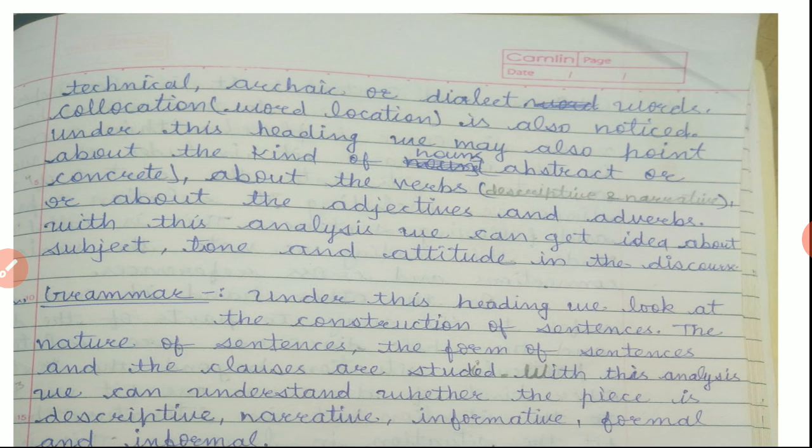What may be the topic, what may the given passage be about, what is the subject of the passage, and how the writer has presented it, expressed himself, what is the attitude of the writer. We are to reach these conclusions after doing this analysis. That is our first analysis. We are to get information from the text, from the diction used in the text by the writer.